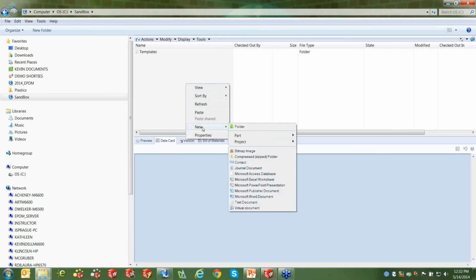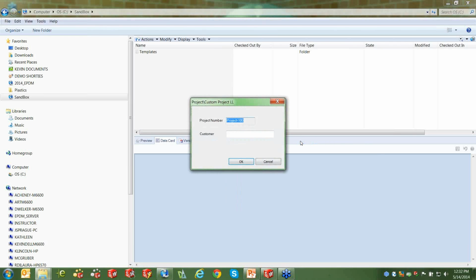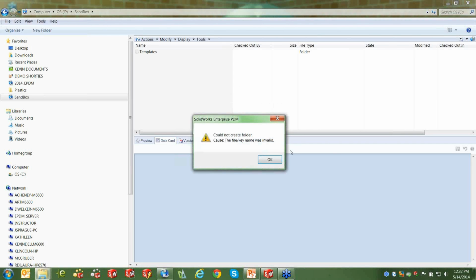Testing it out is just like I showed you in our original vault. We right click, select new. We do have our submenu titled project. And my icon, notice the icon from the selection, is Custom Project L&L for Lunch and Learn. When I select that, notice it grabs the project number. I cannot type in this field. We made that read only. And I have a customer name that I can provide. We'll call Acme Inc. It's not asking for any more information there. Once I say OK,